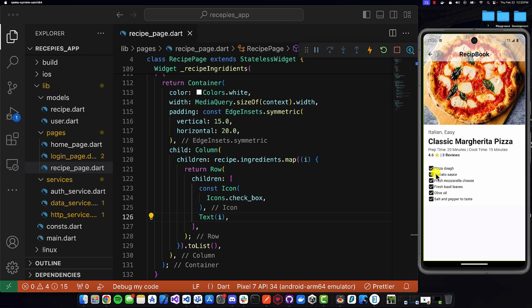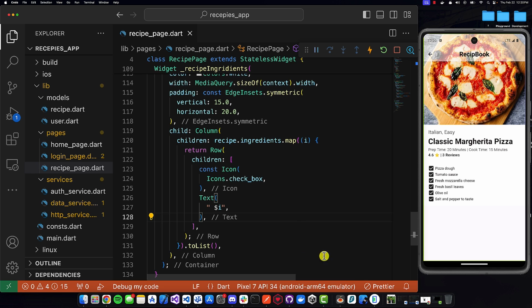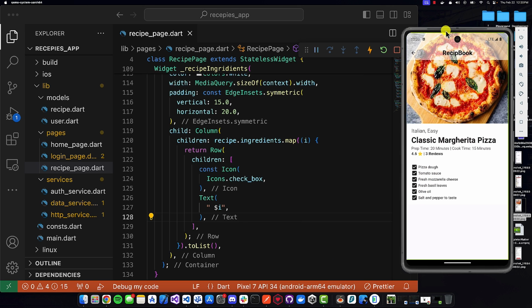I want to add some spacing between these. So what I'm going to do is change the text to be a string. I'll add a space before I actually interpolate the ingredient within the string. This way it should add some space, and do command save. So now that we're showing the ingredients as well, the last thing that I want to show are the instructions